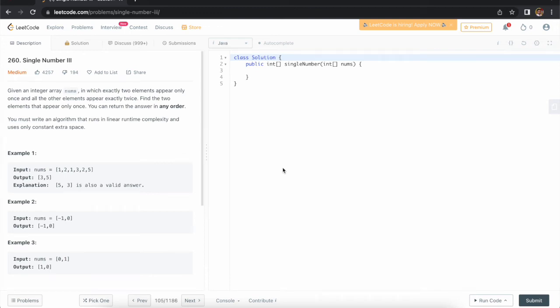There is a question in LeetCode called Single Number 3. This question is one of the questions from the Single Number series. I already discussed two questions from the Single Number series, so you can check those. In this question, it is asking like